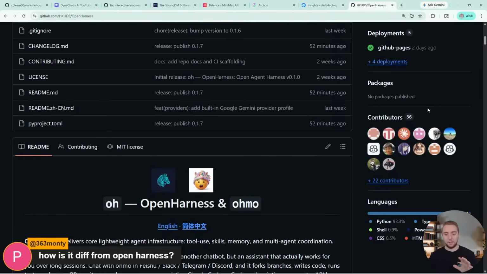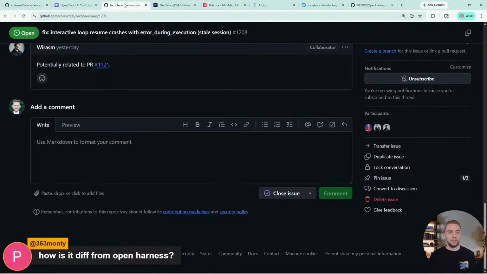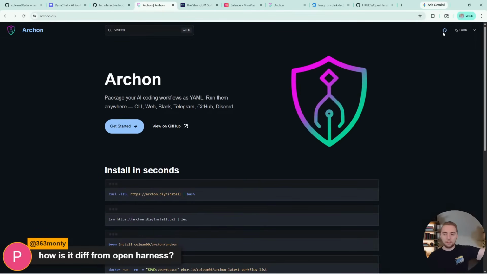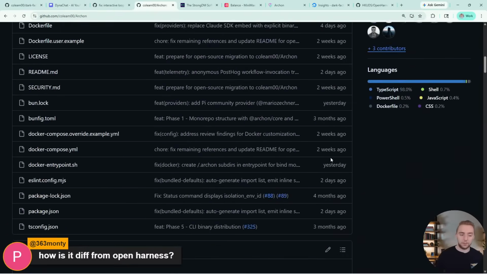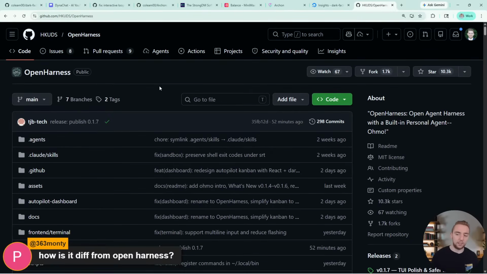So if you're asking about this versus Archon, the difference between Archon and every other harness and every other AI coding strategy is that those are all opinionated. The beauty of Archon is that it allows you to build your own harnesses. It's the layer above any individual harness because it's the builder. You could pretty much take any harness. I could take Open Harness and build it as Archon workflows. I could take BMAD or GSD or Cloudflow and build it as an Archon workflow.